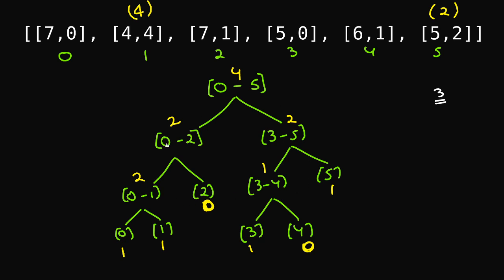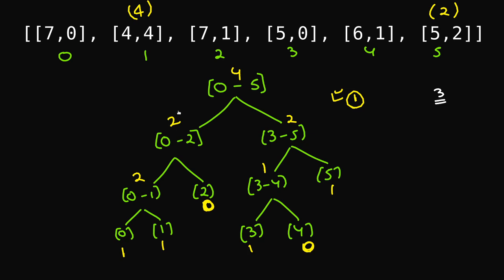So I guess you guys are already familiar with what I'm doing right now. When I take this 5 comma 0, I need to put it at a place which will be the first one, because if there are 0 elements before this, then I'm looking for the first position where I can put this 5 comma 0. Okay, so I start from here. I'm looking for the first one.